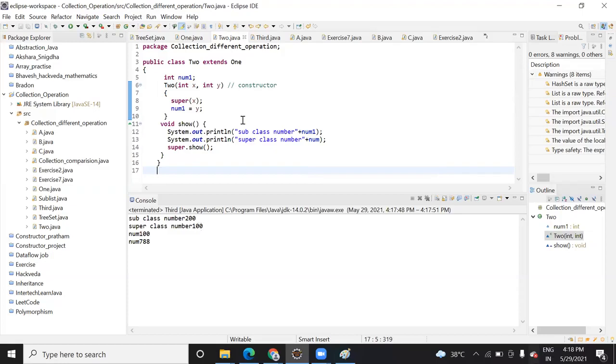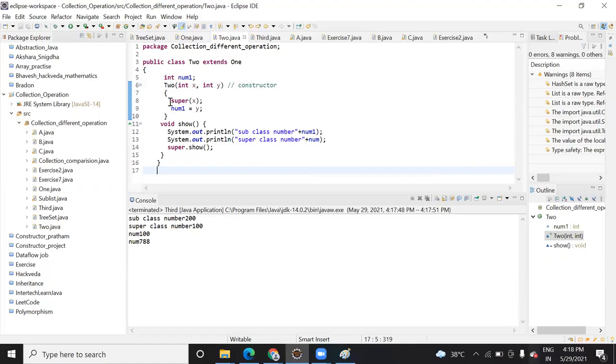So when you use this super keyword, you are able to access the element of a parent class constructor also. You asked me the question, I think one or two classes before, how with the help of the super keyword we can access it, right?